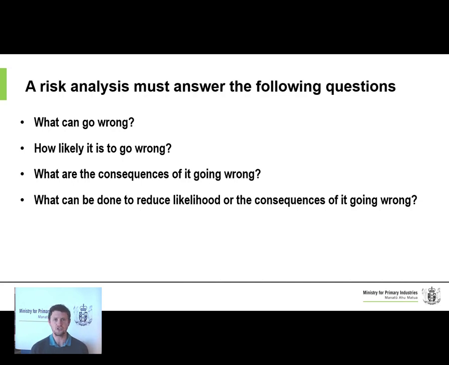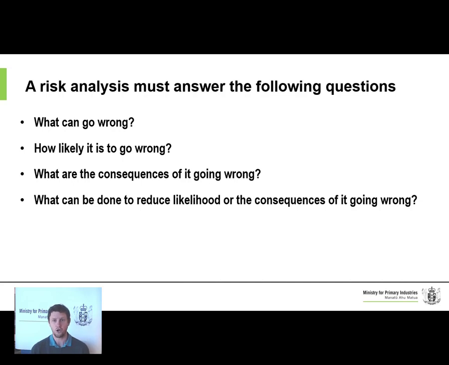So sticking to our car analogy from last week, when we are carrying out a risk analysis, subconsciously every time we hop into a vehicle and go for a drive, I guess we are asking the question, what can go wrong? We know we can get a speeding ticket, we know we can crash, we know we can get a flat tyre, something can go wrong in the vehicle, but we don't always focus on those things. But how likely is it to go wrong? Well, every time I hop into my vehicle, I know I'm probably more likely to get a flat tyre rather than actually be involved in a car accident, or those things where we are assessing the hazards and the risks associated with those hazards.